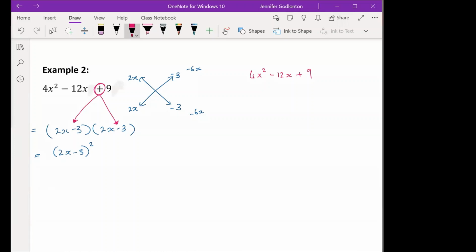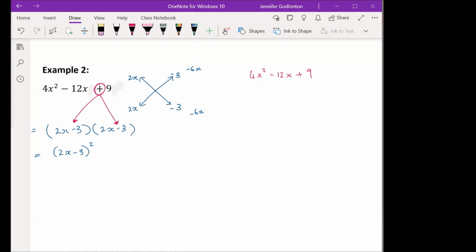Yeah. So if you landed up seeing, so let's say you were able to get to -12, but you did it through like -18x plus 6x, for example, right? Because those signs are different, I would know that that's wrong. So I'd have to try different numbers. I'd have to try and move it around. Okay, ma'am. So you change it to get the middle term. Exactly. Because it's a positive sign, I know those signs have to be the same. And so if my signs are different, then I've done something wrong somewhere along the way. Okay, ma'am. Thank you, ma'am.